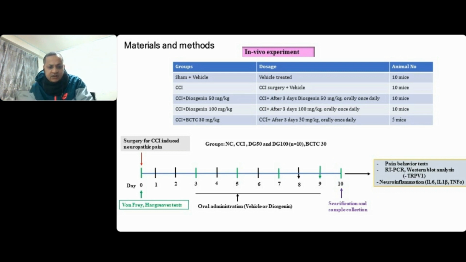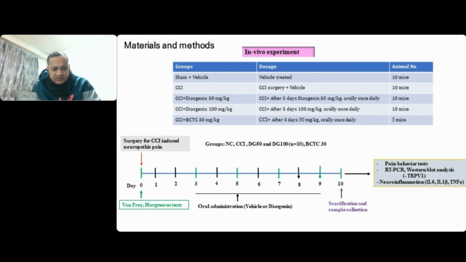If you see this diagram, this green color is how we measure BCTC, and then we make the surgery. We evaluate the pain tolerance level by heat sensation and mechanical pressure at zero. After measuring the normal level, we make the surgery, and then we measure after 3 days. We give the treatment continuously, and you can see days 1 to 3. Until 3 days we didn't treat anything.